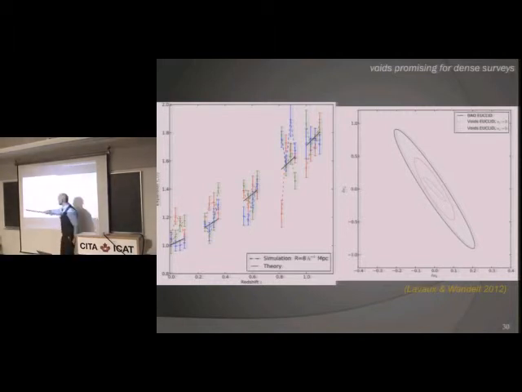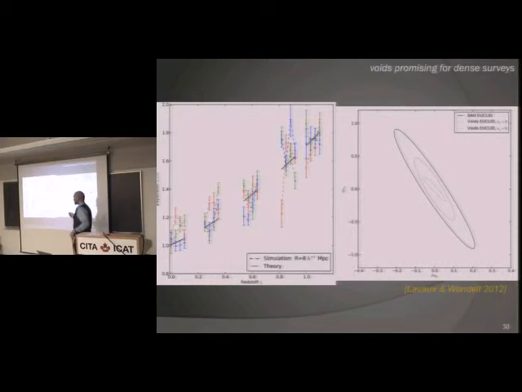And here's what they found for various simulations. This is the expansion parameter, or the stretch along the line of sight, as a function of redshift for various void stacks in simulations. And here's what you expect for a lambda CDM cosmology, for the cosmology that they put into the simulation. So you can essentially construct a Hubble diagram, but for the stretch of voids as a function of redshift. And they found that for a dense spectroscopic survey like Euclid,